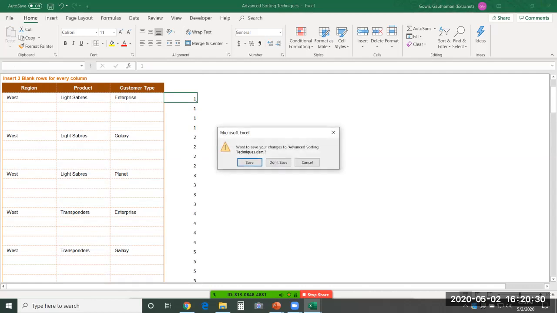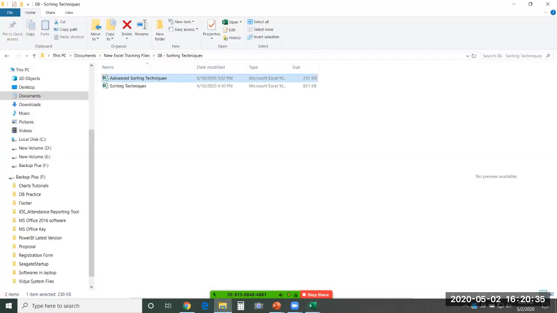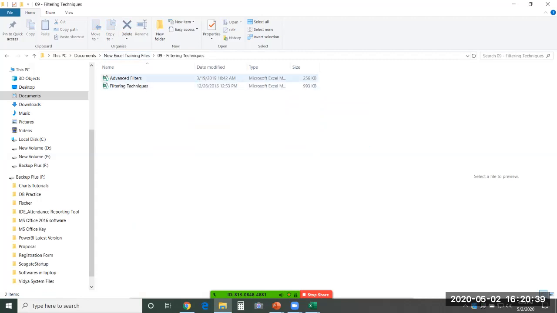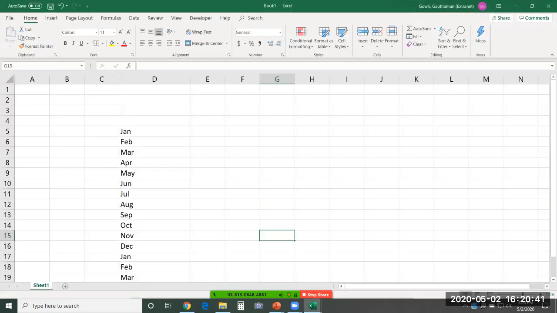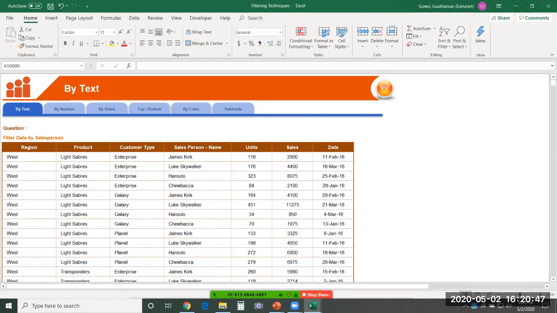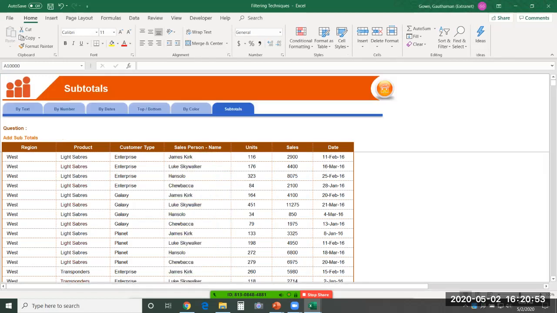And again, in detail about filtering as well. We have a separate chapter on filtering also. Let me show you that. So you can see here the normal filters and advanced filters. Both are available. These are all the different types of filtering that you can perform within your data. How to use subtotals. These types of filters you would have already used.